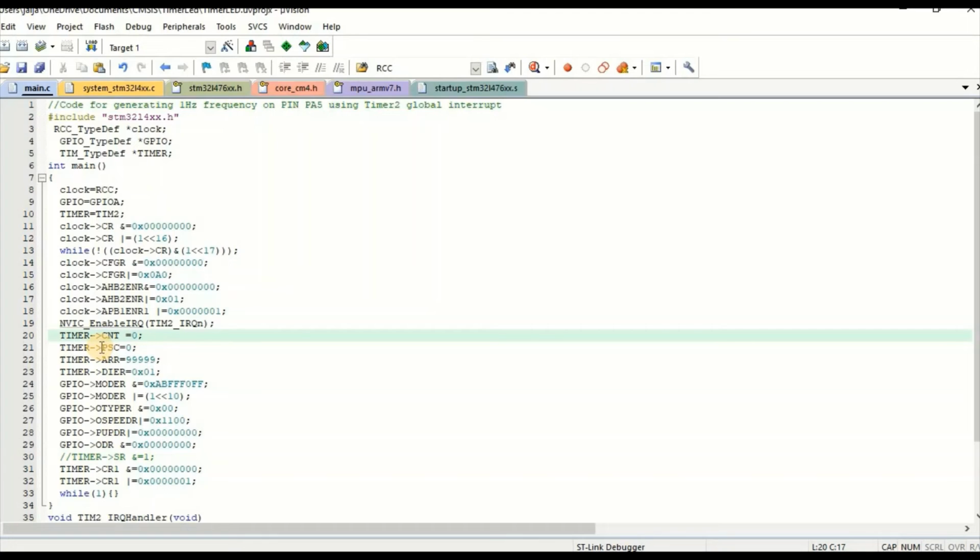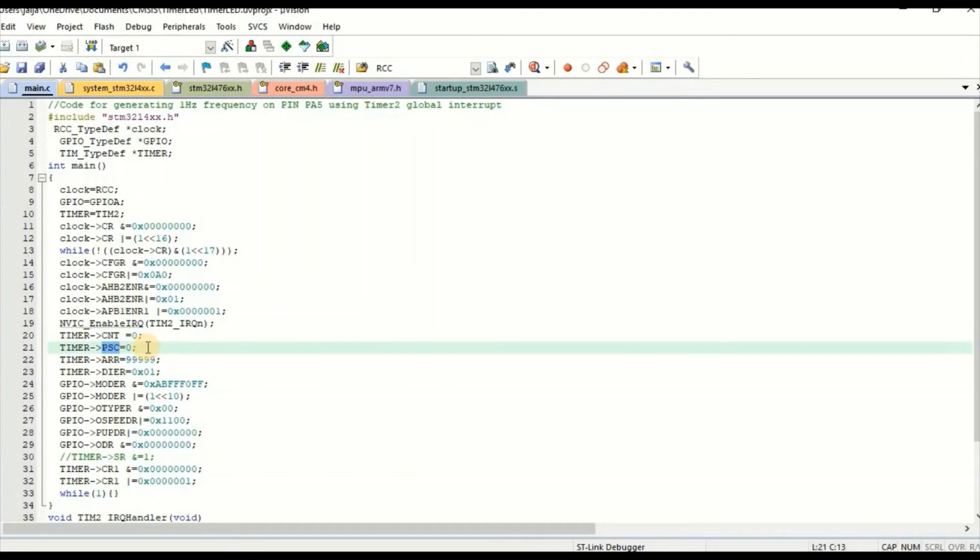This is the prescaler value. It is actually the clock divider and its output is given to the timer clock. If we divide by 2 and suppose we are getting 1 MHz from the MCU, then we will get 500 kilohertz as the timer frequency.